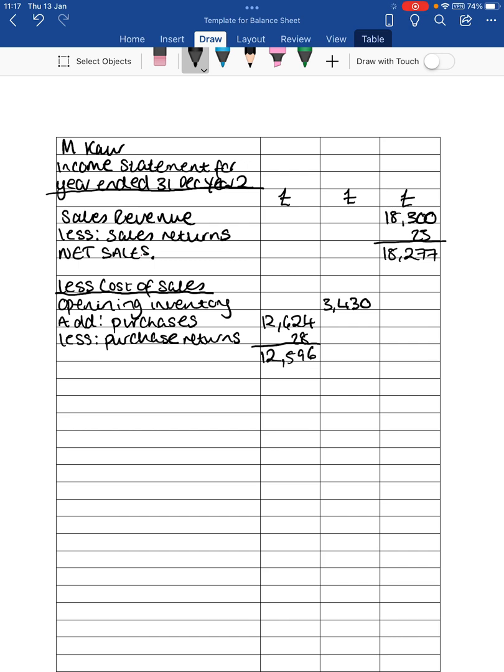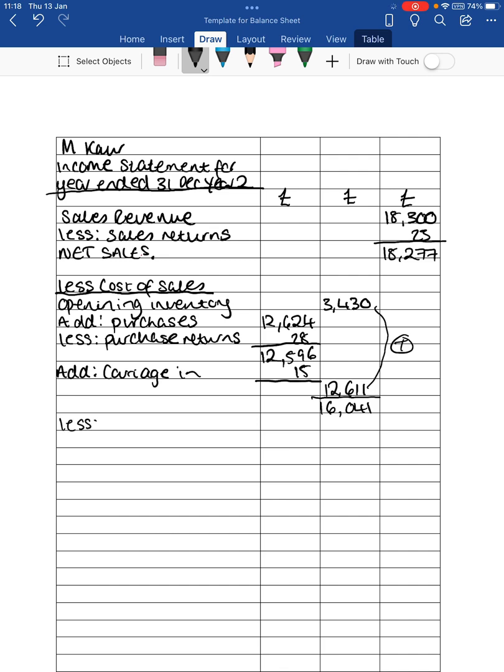12,596. Once we've worked it out, what we're having to do is add our carriage in. Our carriage in was worth £15, so adding that on will give us £12,611. We put this in the middle because what we're going to do is add this to our original opening inventory, which leaves us with £16,041. We've still not completely worked out our cost of sales yet because we've still to take away our closing